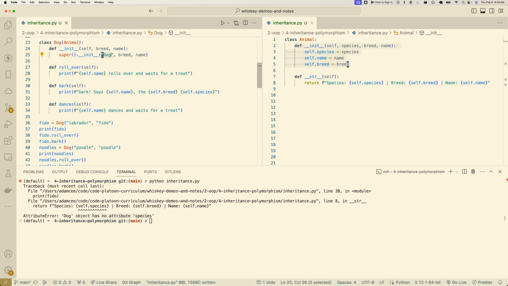And so this first argument that we pass in, this is the species, right? Like if I put armadillo here,